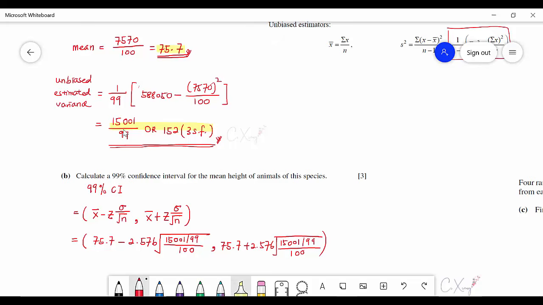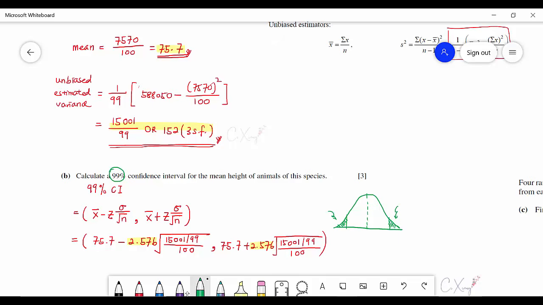Okay, so if you're asking how can I know that the z here is 2.576, you need to find it from the normal distribution table. It is quite similar to finding the critical value. Since it is a 99% confidence interval, that means on the left hand side and also the right hand side,